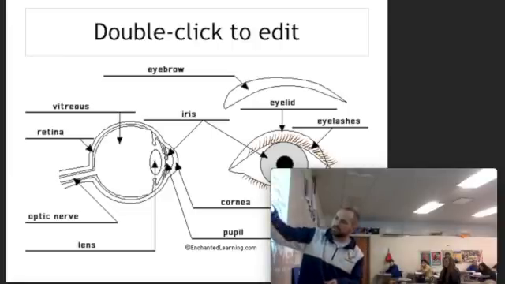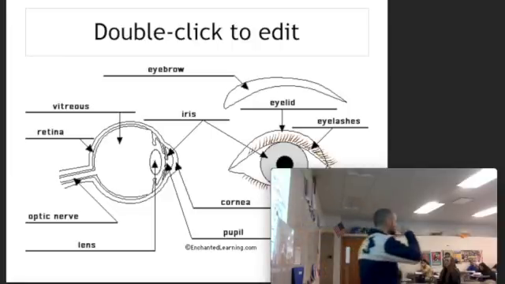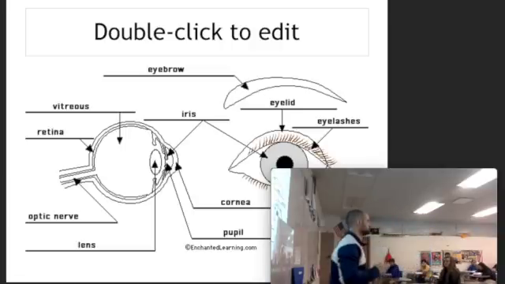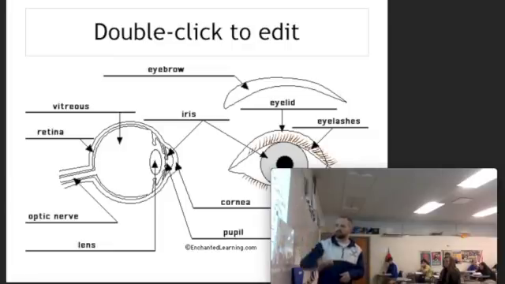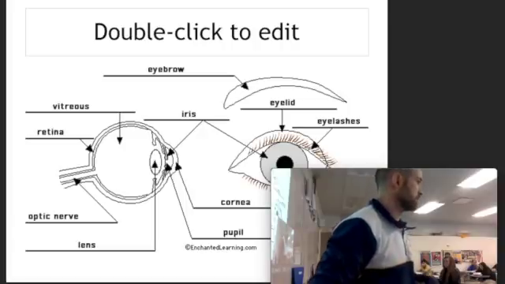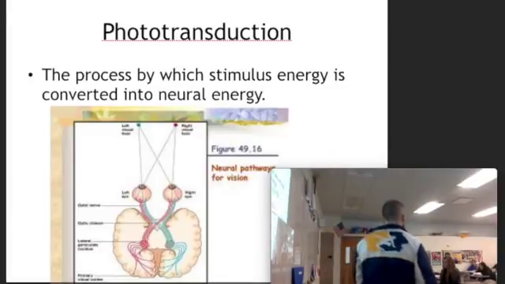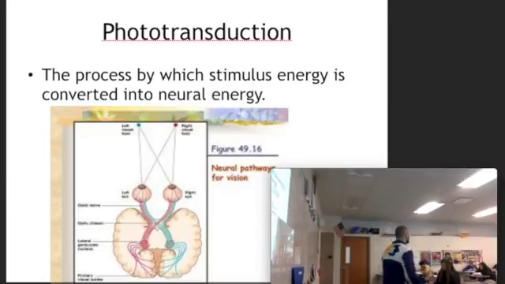We'll go through that. The retina is going to be this really thin sheet of cells in the back of our eye, but there's actually 16 layers to that retina, which is kind of interesting. Okay, then we have all this other fun stuff that we talked about in that video. Everyone's got that stuff filled out? We're ready to rock? Okay, so let's get into what is the topic we're going to talk about,